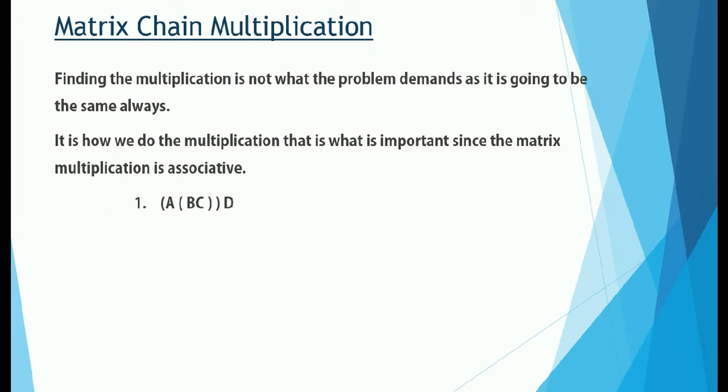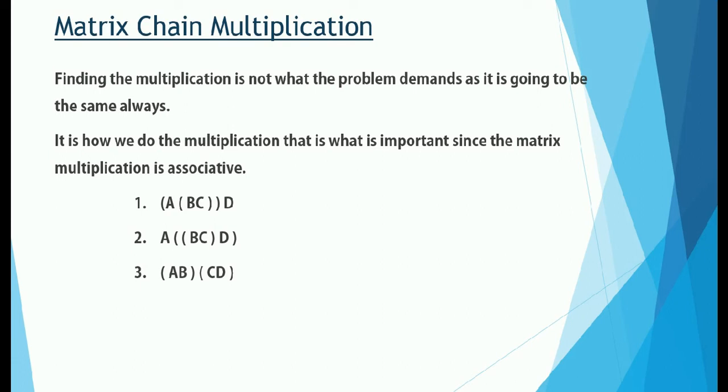So let's talk about these ways. This is the first way I can think of. I will be multiplying B and C first, and then the result with A, and then the entire result with D. Just observe the placement of the brackets. In the second way, I'm multiplying again B and C together, but now I'm multiplying the result with D and then the entire result with A. So I will repeatedly be telling you, observe the brackets.